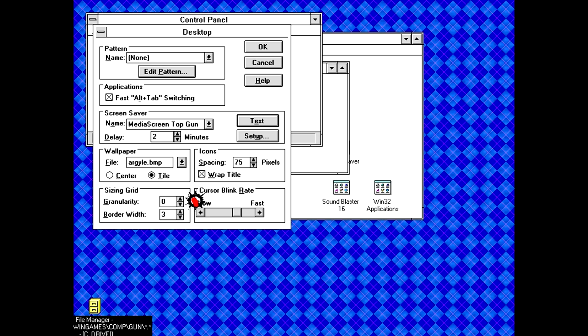Oh, I see. That's a delay in terms of how quickly the blood moves, or the red pixels. Because it can't be blood because we're shooting the desktop. We're not shooting like...